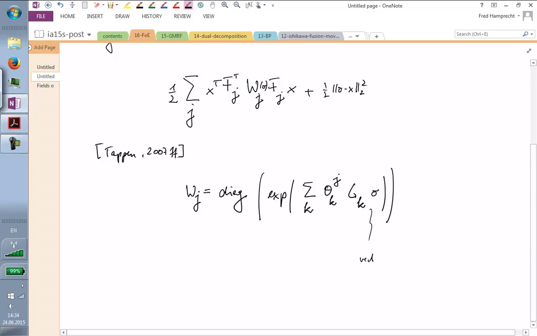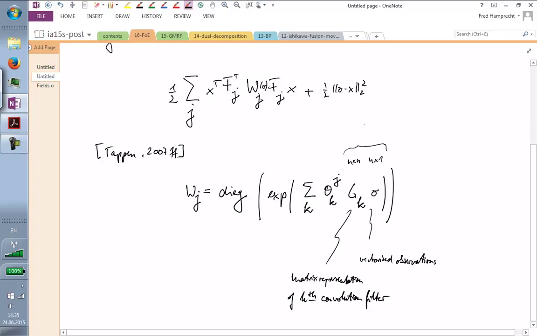O are the vectorized observations. So O is an n by 1 vector. G is the matrix representation of my kth convolution filter. So this is a circulant matrix. So GK has dimensions n by n, and the result will be a